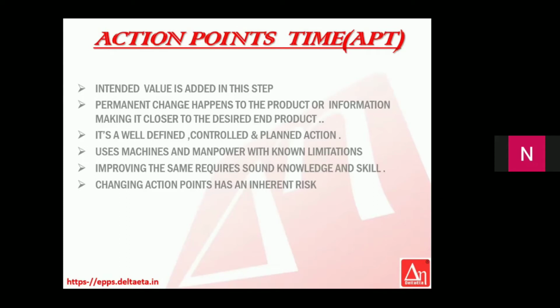The next step, the sales engineer goes through the inquiry and then decides what is to be quoted. Okay. And then finds out the price for that item to be quoted and makes a quotation. Makes a quotation. So now there's a change happening. The inquiry was one paper. Now it has become two papers. One is an inquiry and the other one is a quotation. So there's a permanent change happening.